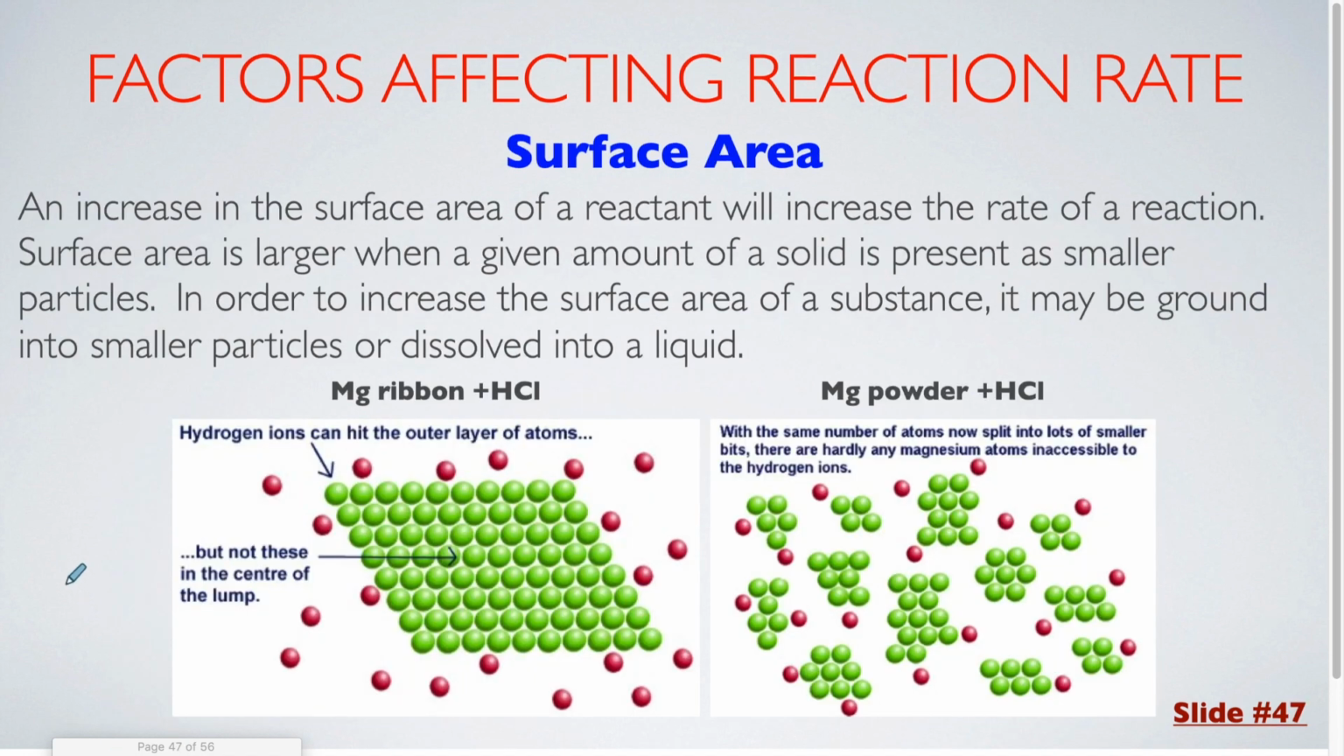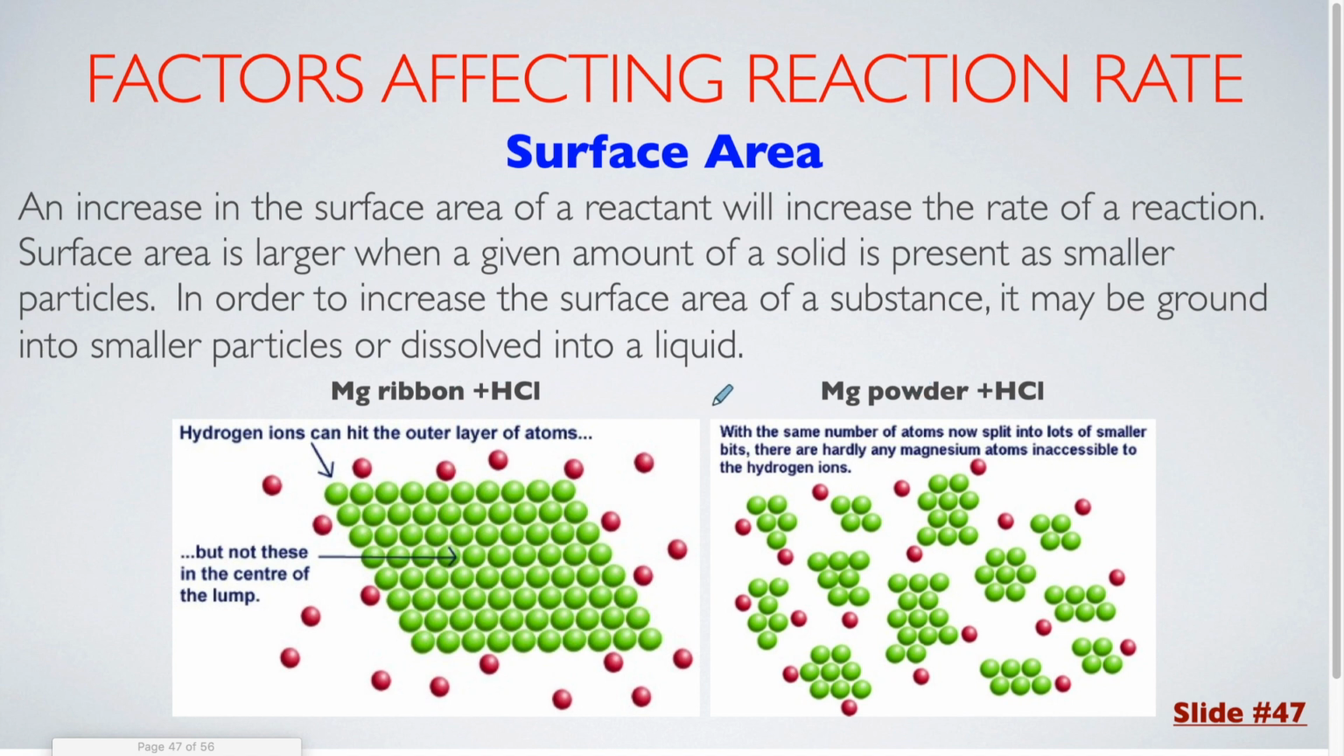Surface area. An increase in the surface area of a reactant will increase the rate of a reaction. Surface area is larger when a given amount of a solid is present as smaller particles. In order to increase the surface area of a substance, it may be ground into smaller particles or dissolved in a liquid. In our example here, we have magnesium ribbon reacting with hydrochloric acid, and then magnesium powder reacting with